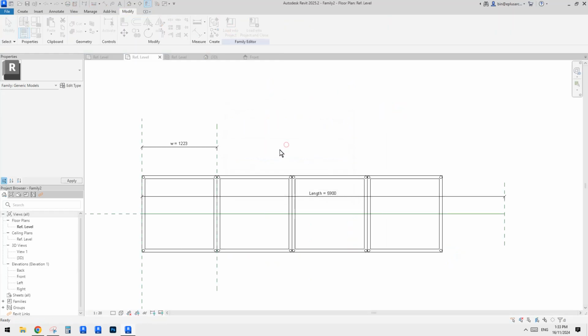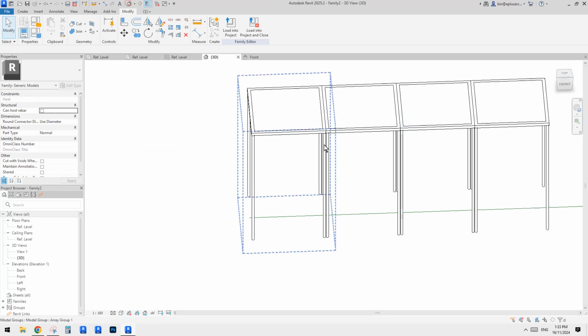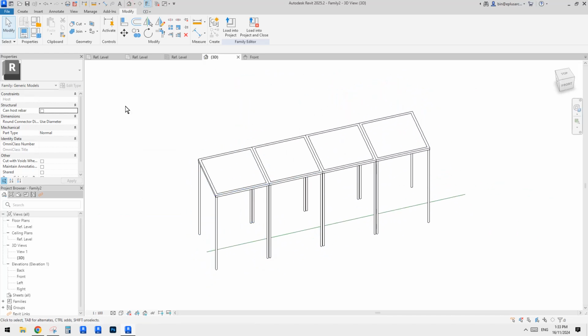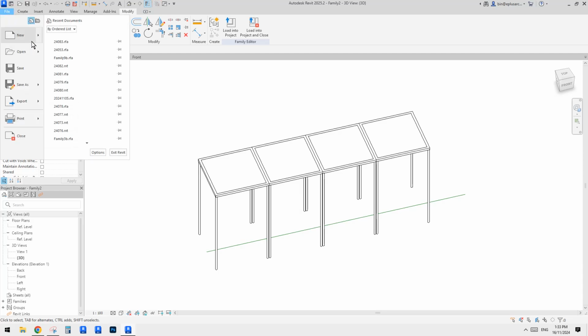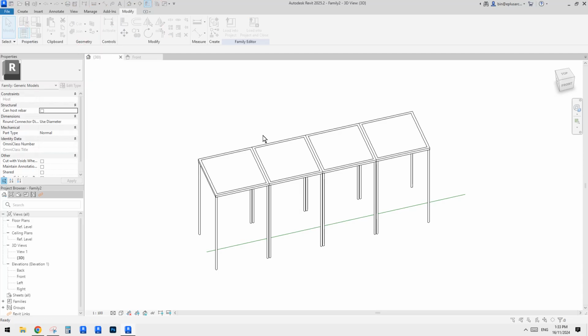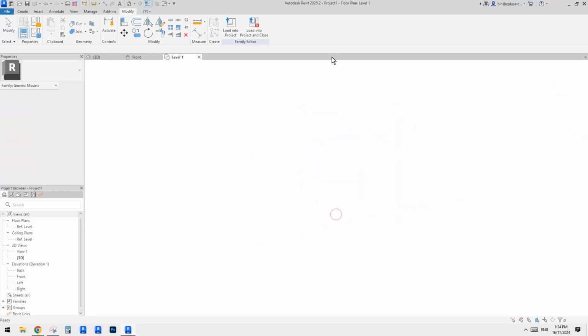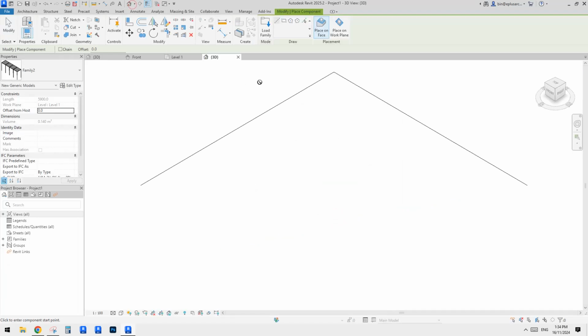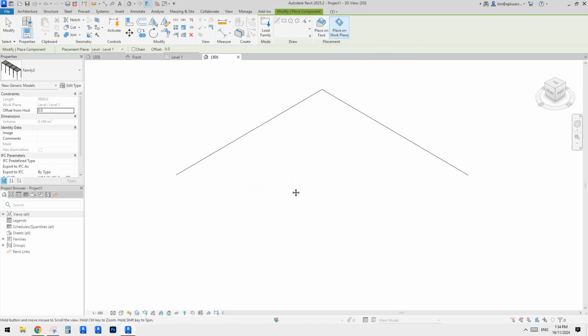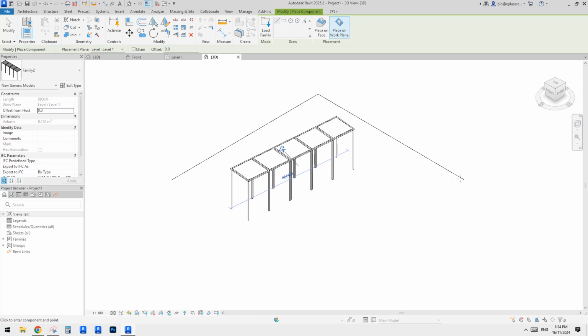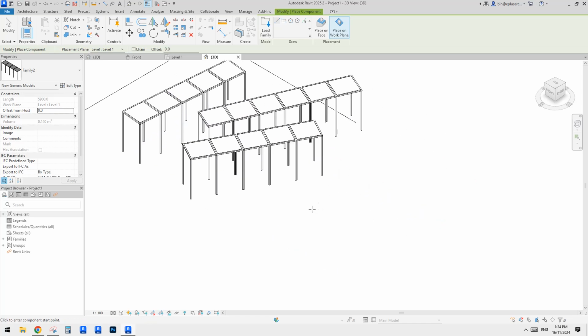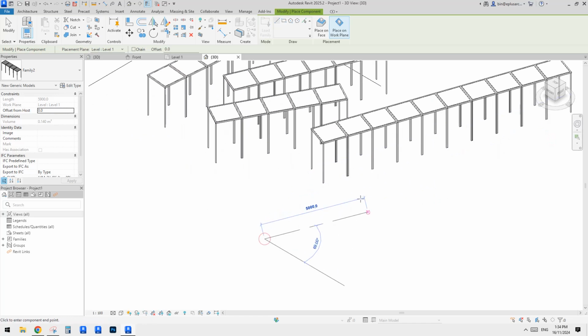Now we can load this one in here. Yeah, I think that's better. So this is a line based family, right? I'll just create a project without any template, and we can try this family inside of this project. So when we place a line based family, currently there's no face at all, but we can use draw on work plane, so we can place it onto a level. So you just draw a line, it will automatically place, depending on how long your